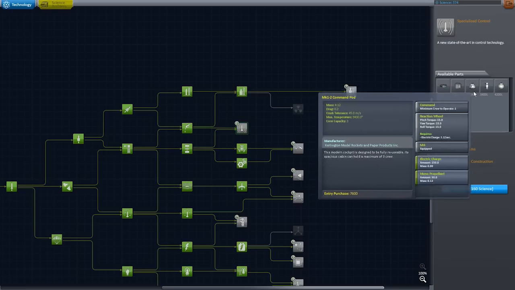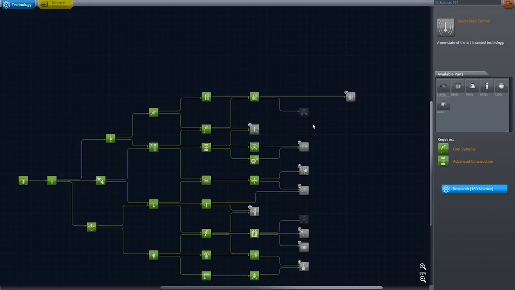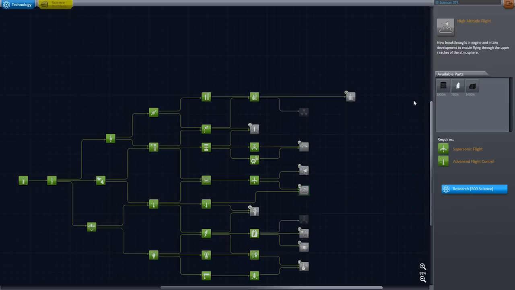We can get this, which is a bigger capsule, which is nice but not quite essential. We can get this. I don't even know what this is. And we can get this. Turbojet engines, ram air intakes. This is not something I would ever prioritize, but many of you viewers have been asking for it, and